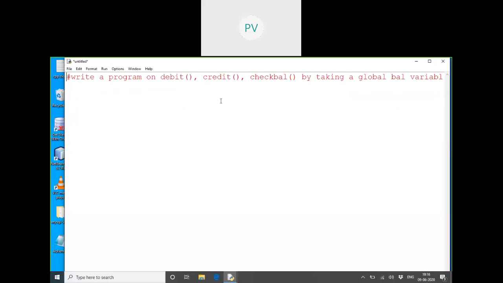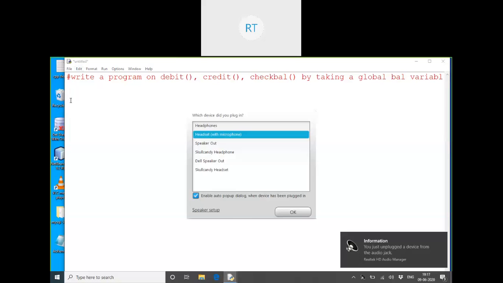Just we'll write a small program today. You understood the concept here? One global variable, balance, and how many functions you have to define? Totally? Three functions. If you start telling me the code now, I'll write it for you. So what should I write first in the program? Balance equal to, we can initialize with an amount of 5,000.